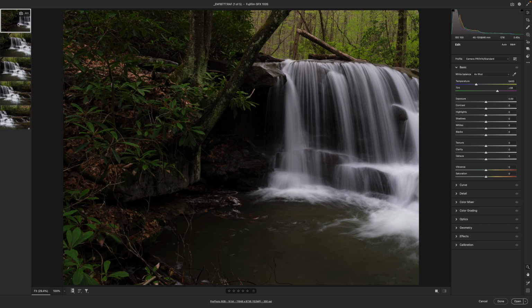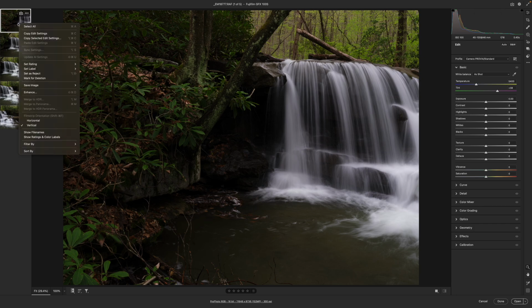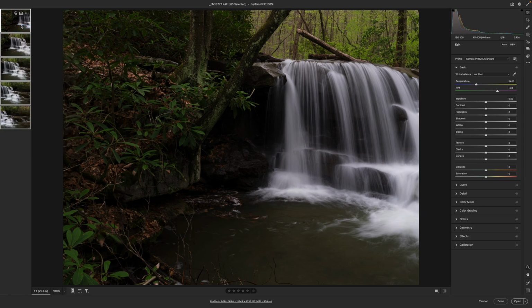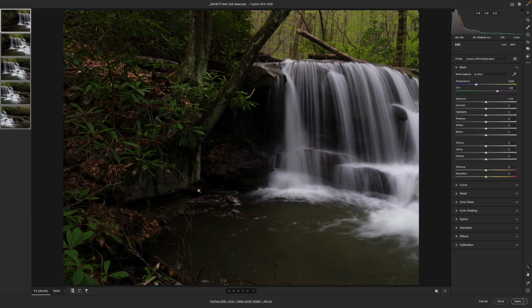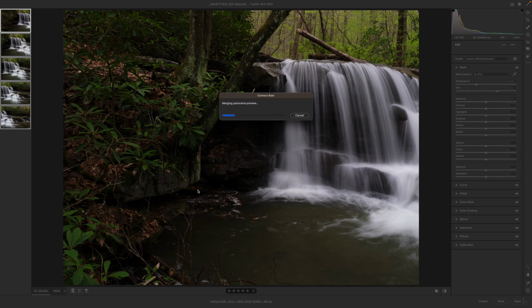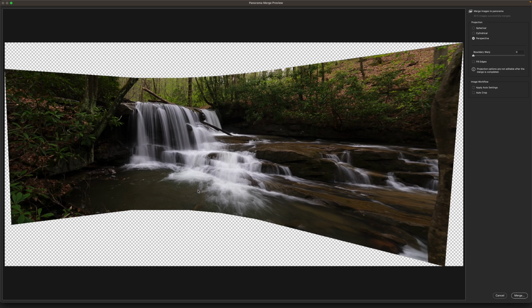Then I have to go to my left hand side, right click again and click on select all. After that, what we have to do is right click again and choose merge to panorama. Then Photoshop is going to do its little work here and give us a panoramic photo. Then we're going to see 3 different options: